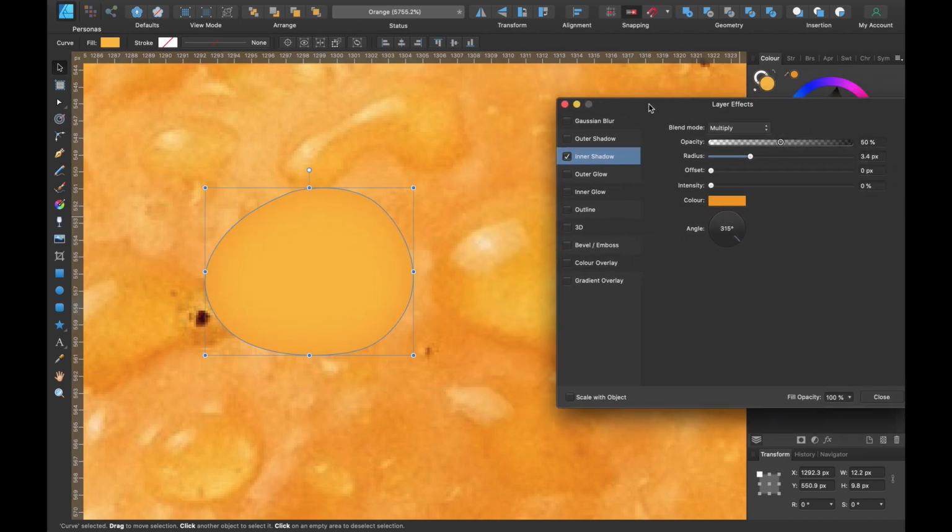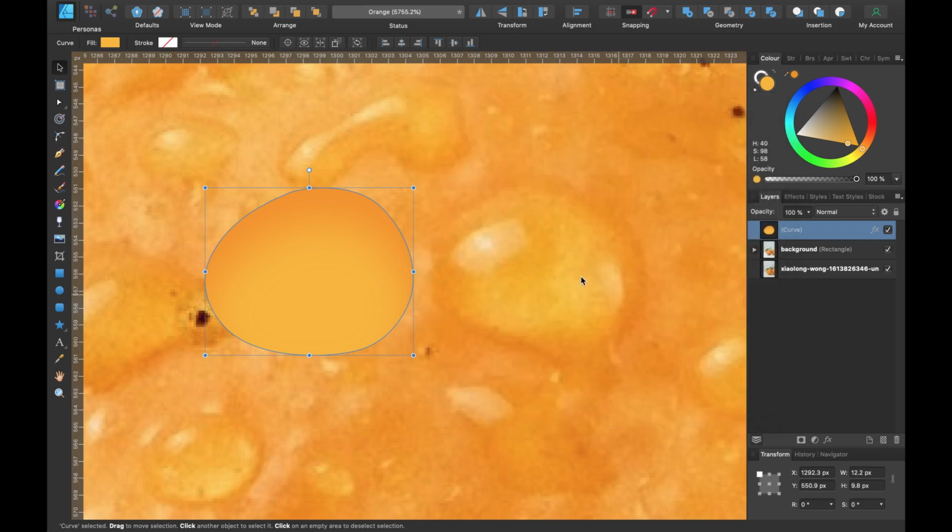And I don't want this inner shadow to happen all around the shape. So I'm going to click on offset and bring it down slightly. You can see it's going off to the side there. I want it to go straight down. So I'm going to change the angle, and I'm just going to make it go to around about here. So I'm done with this main part of the water droplet. I'm just going to make this slightly transparent. So I'm going to go to opacity and bring it down slightly like that.